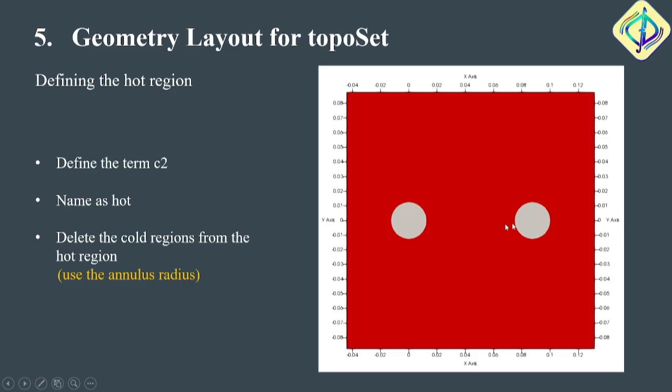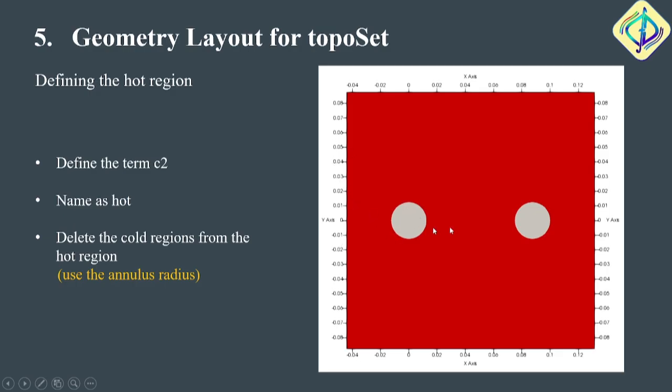So similarly, you can also assign it, say C3, C4 if you want, or you can label it as anything you want. Okay, so I've done this for one part. You will have to do this for both, and then we will define the hot region. Okay, because the hot region will require the entire domain to engulf the entire domain, but we want to also